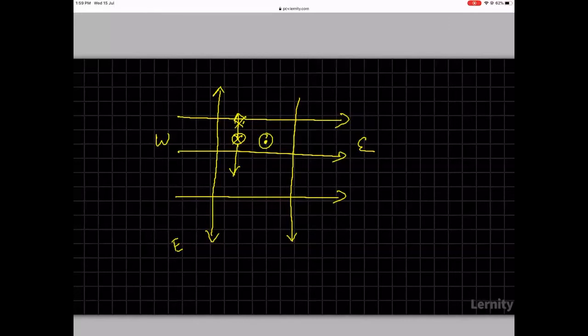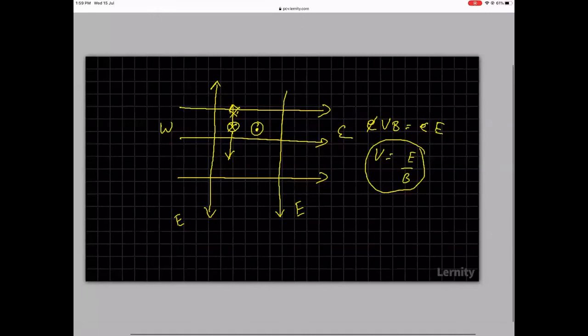If the electric field is the way I have given, then the electronic charge into V into B must be equal to E into the charge. The charges cancel, so V must become equal to E by B. So you have to have a magnetic field such that V is equal to E by B for the particle to move in a straight line. I told you how to find out the direction. Think about it, you will get it.